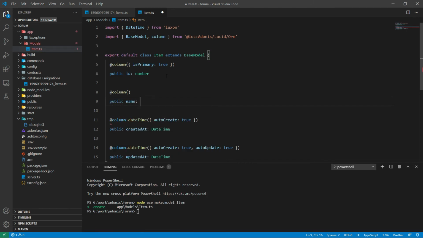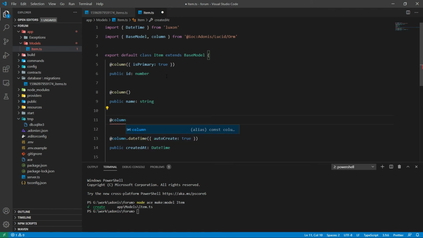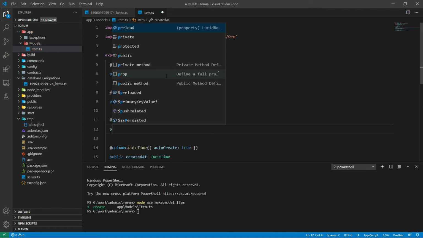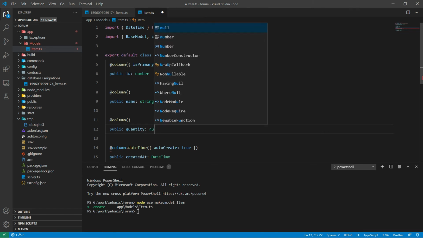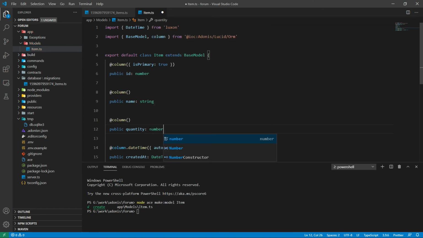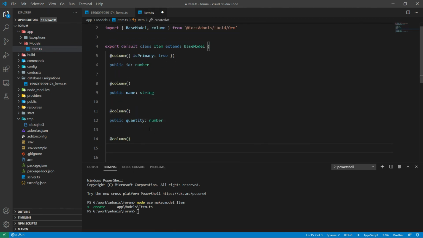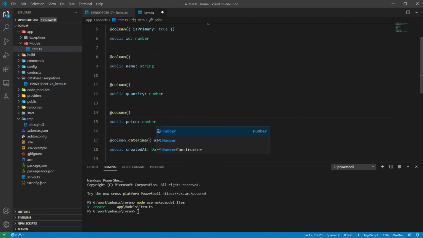So column name is of type string. To query our database,